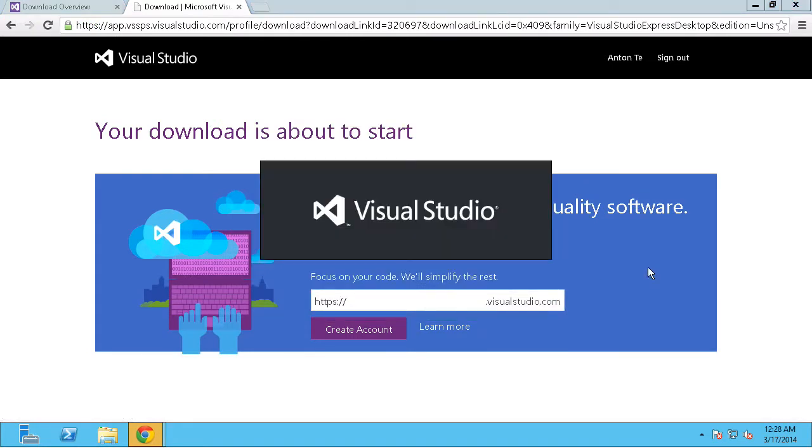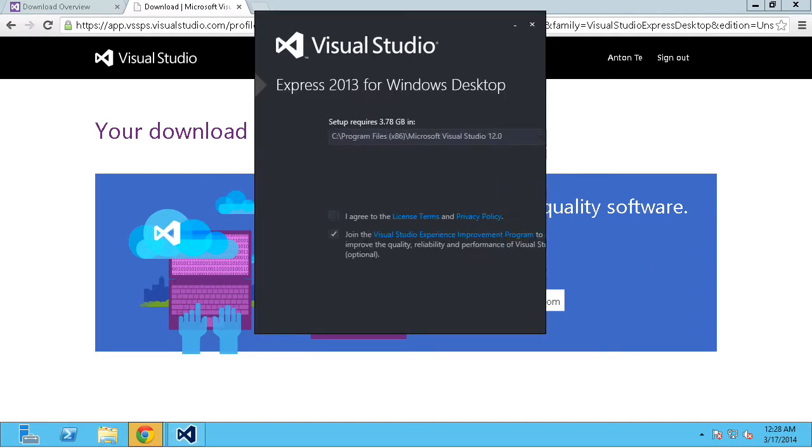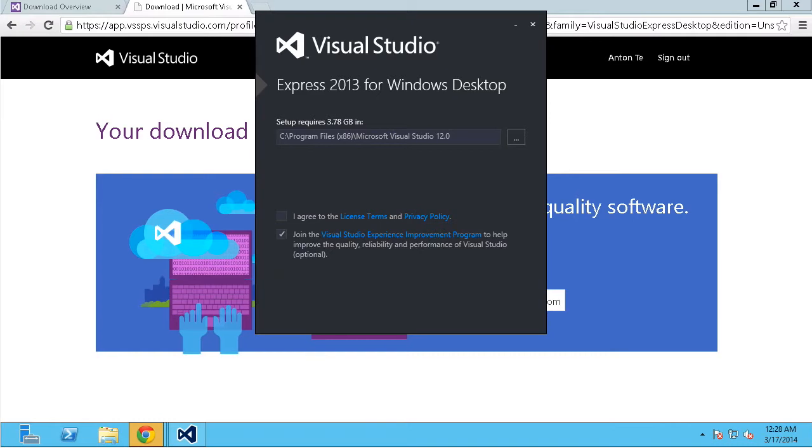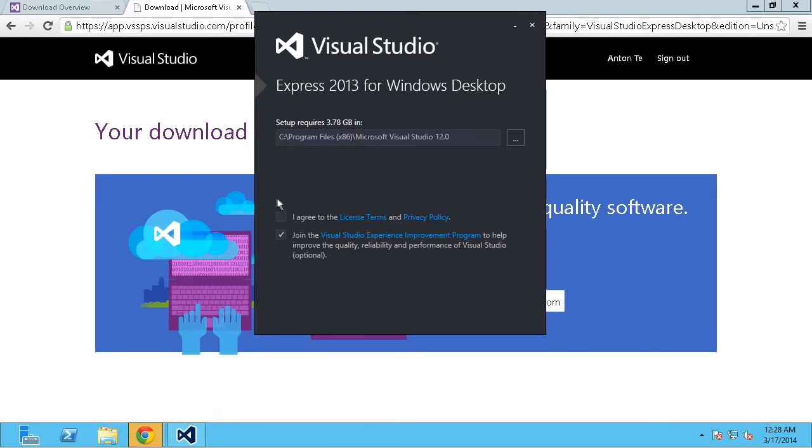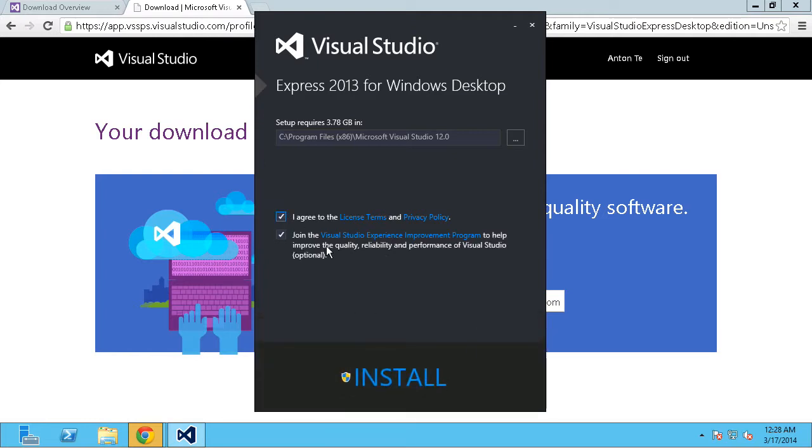Sorry for this. I just want to move it. It's one pixel down. It's one pixel left. Here I agree, and it doesn't matter. So